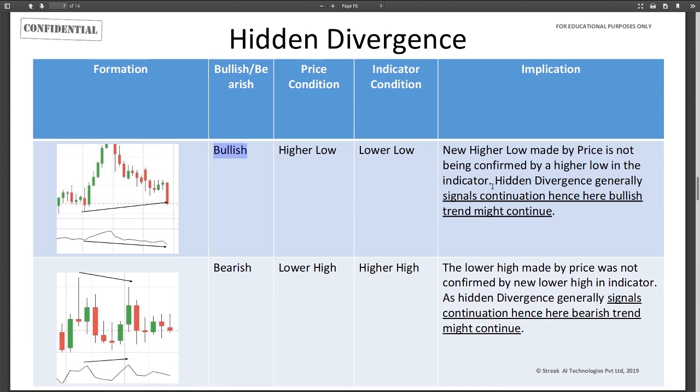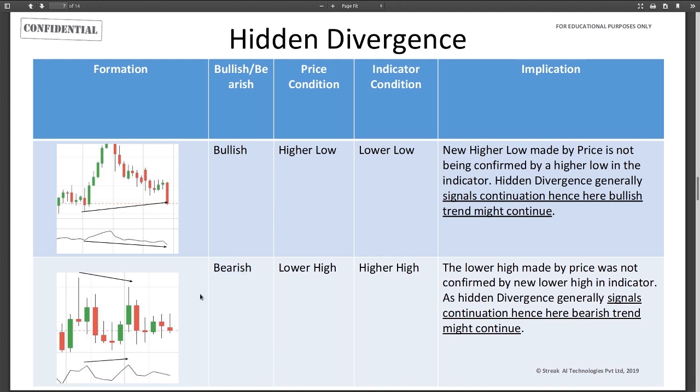Okay, so this basically shows, remember, in hidden divergence, price showcases the ongoing trend, not the indicator. So the divergence generally signals continuation, hence the bullish trend might continue. Because this is a bullish divergence which has formed, the bullish price trend might continue going forward, whereas a bearish hidden divergence looks something like this, where